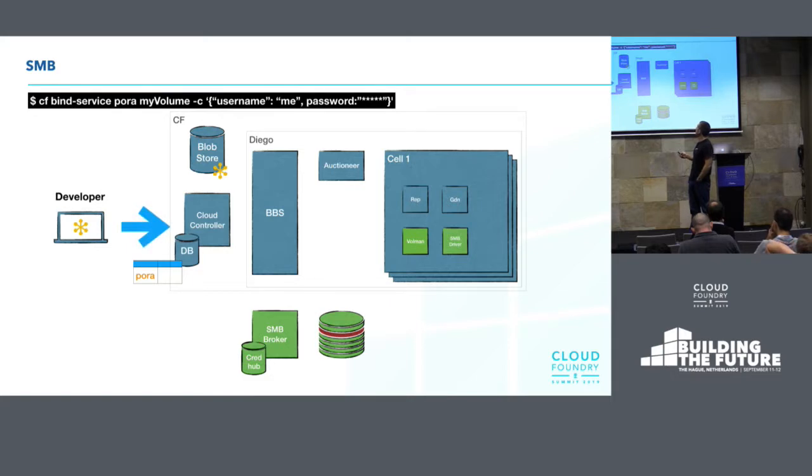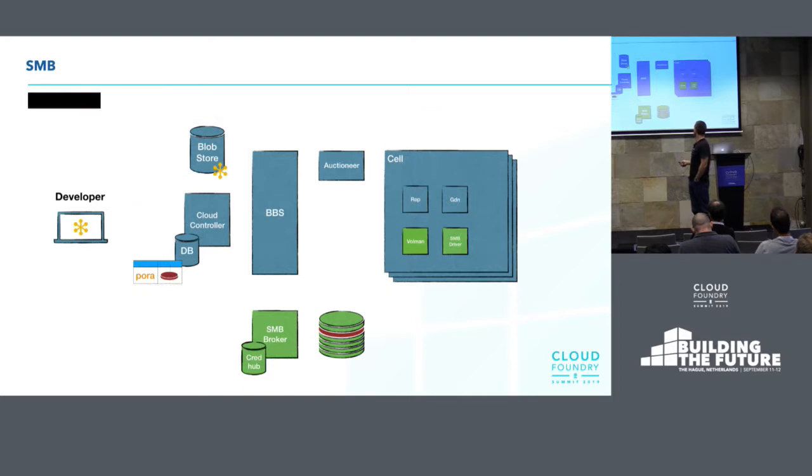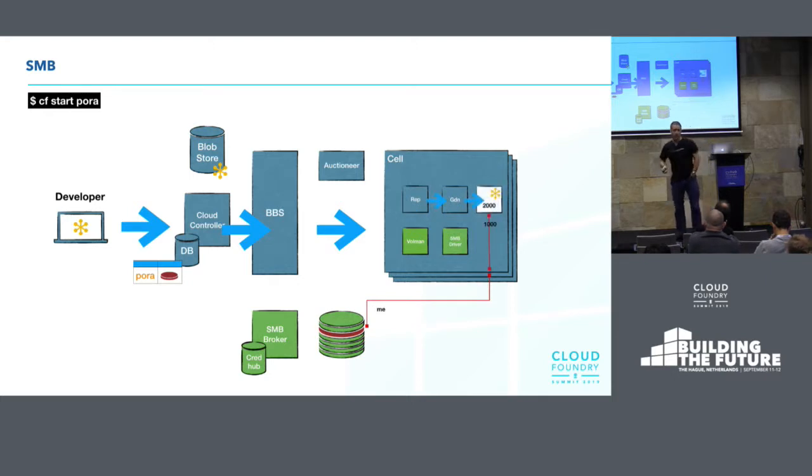And then when you bind your service, you specify your username and password, just like you do with NFS. That issues a similar sort of binding, but it's targeting the SMB driver, not the NFS driver. And then when you start your app, we do a CIFS-based mount, not an NFS-based mount. And then we take that mount point, and we hand it back to the rep, and we ask the rep